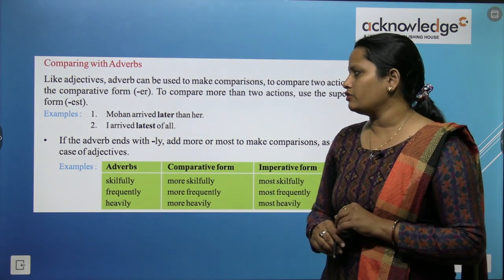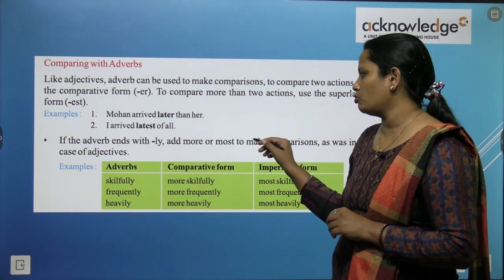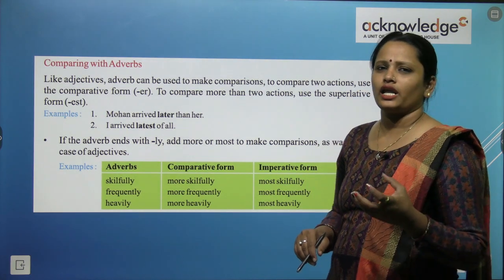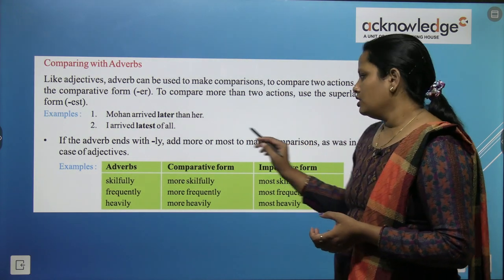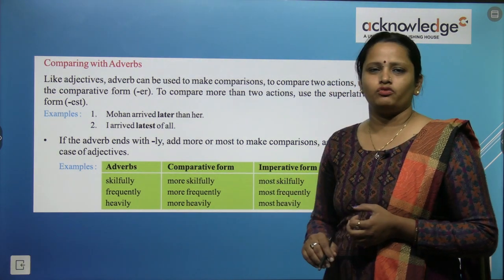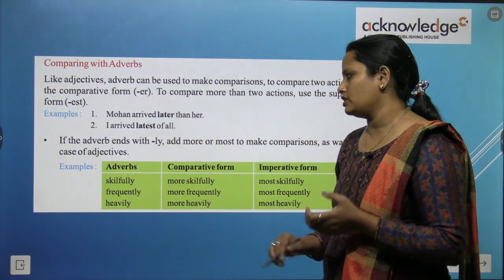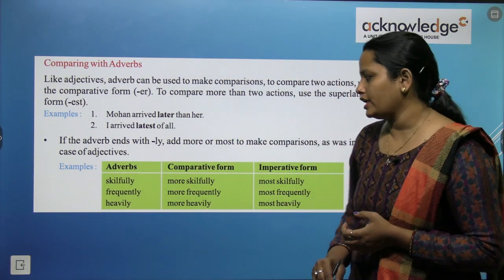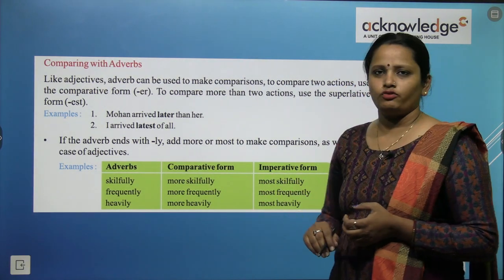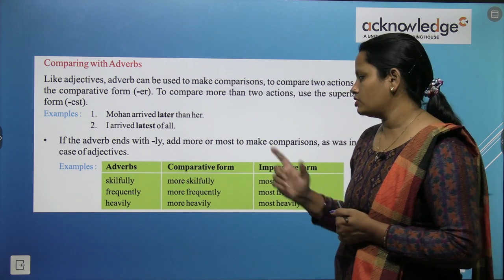If the adverbs end with ly, अगर adverb के last में ly है, add more or most to make comparison. So ऐसे words में हमें या तो more लगाना है या फिर most लगाना है. So for example here, skillfully becomes more skillfully in comparative degree and most skillfully in superlative degree. Similarly, frequently and heavily becomes more frequently and more heavily in comparative form, and most frequently and most heavily in